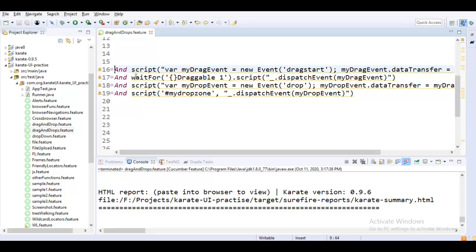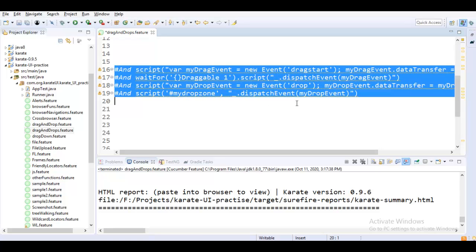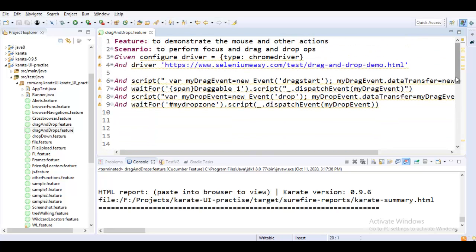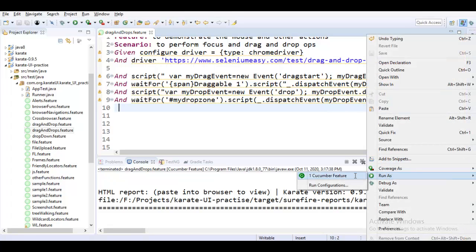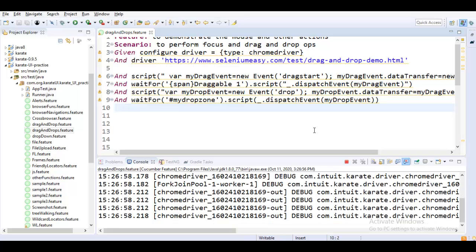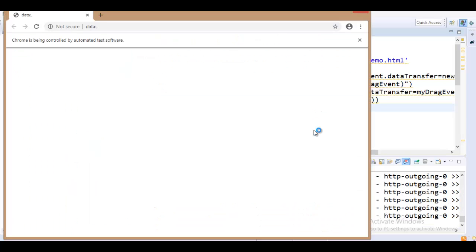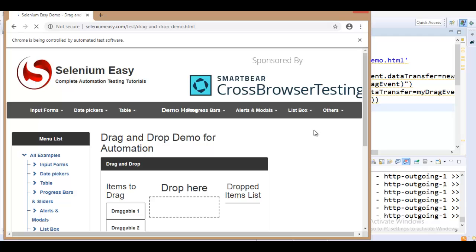So let me just remove all these or comment them for some time, and let me see if there is a wait statement. There is a wait for 2 minutes 2 seconds present. Let me run this file as a Cucumber feature file. This time it worked,